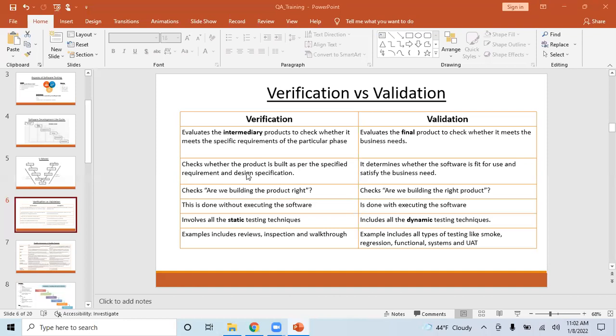For example, American Express will have a 4-digit CVV, but somewhere in your requirement you said CVV is just a 3-digit number, right? If you have missed that in verification, if somebody is verifying and did not find that and it was given to a developer to develop, and he just developed with a 3-digit number, you might eventually find that bug in validation. While you're doing validation, you might enter an American Express card, and if you're not able to enter the 4th digit, here the tester will definitely raise one bug.